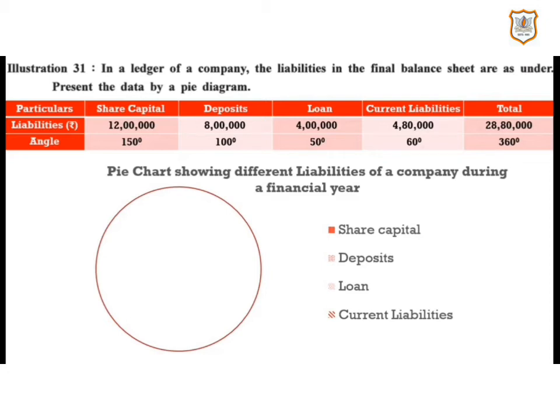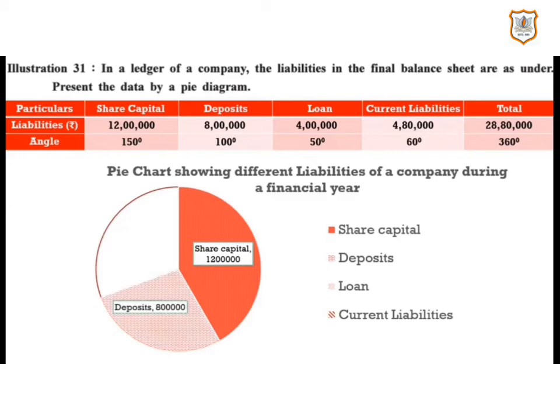degree. The first one is 150 degree, that shows share capital. So we have to take a protractor to make a 150 degree angle in the circle that highlights share capital. Then we have to mark 100 degree here in the circle with the help of the protractor. So we have marked here 100 degree, that shows deposits 8 lakh. Then we have marked loan, that shows 50 degree, and then last current liabilities, that shows 60 degree, that